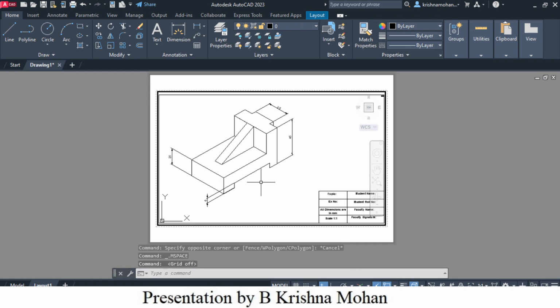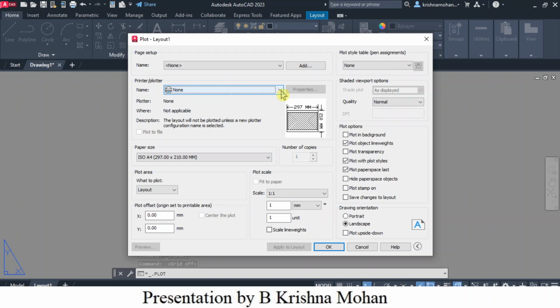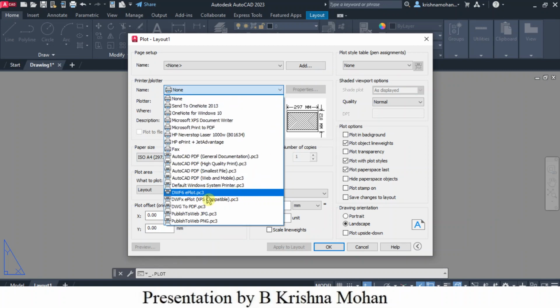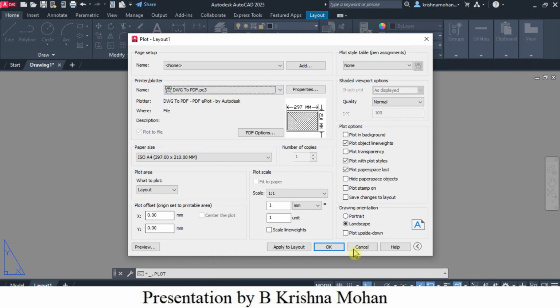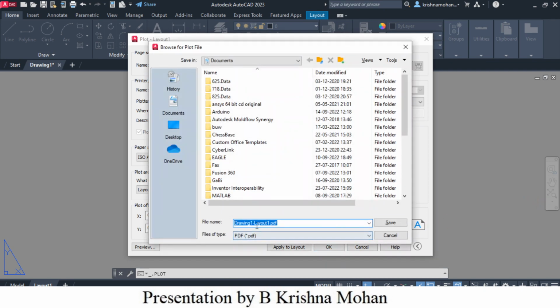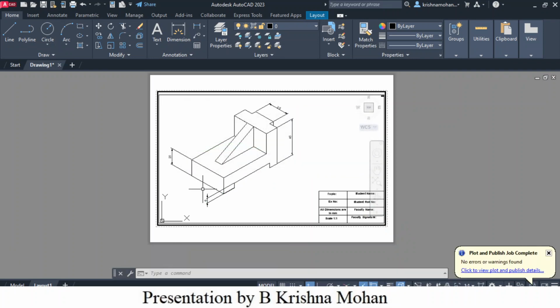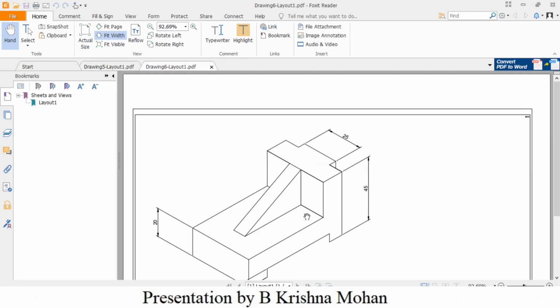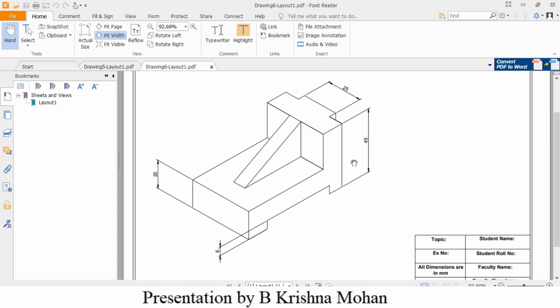Now you can convert this into a PDF form. So just right click, plot the area, and convert this drawing into a PDF document. So I added only some of the dimensions, but you need to add the dimensions to all the entities. Okay, I forgot to add thickness to the object